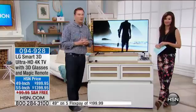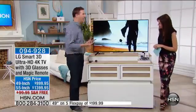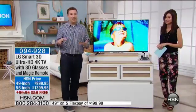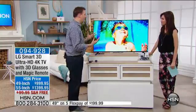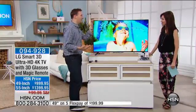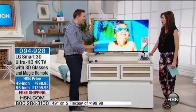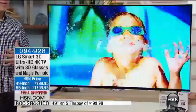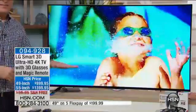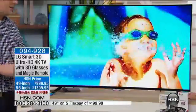But then really the winner about this TV is that it's 4K, and this is the highest quality resolution. The fact that you're getting a 4K TV for under $1,000. Shannon and I were at CES 2 years ago, and that's when the big push for 4K TVs came out. And the price tags on them were $4,000 and $5,000. So to be able to get a TV of this resolution, 4K, down under $1,000, a phenomenal deal,